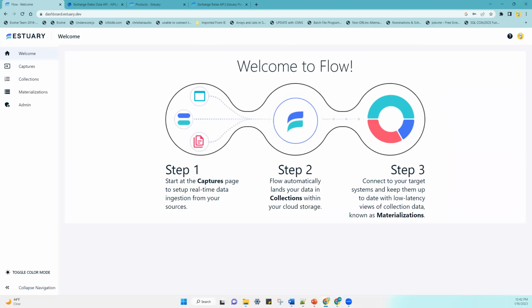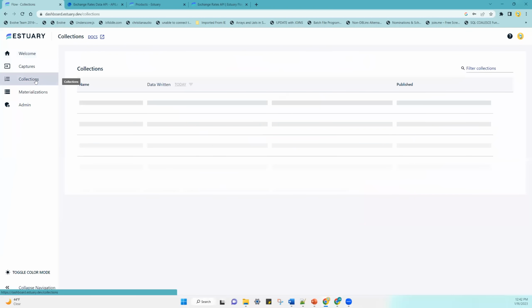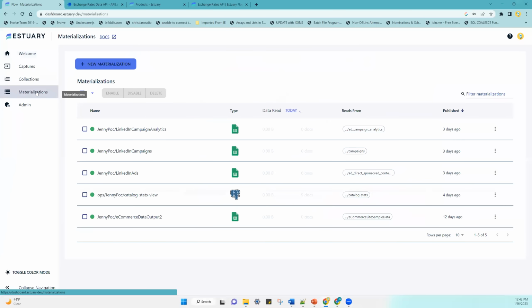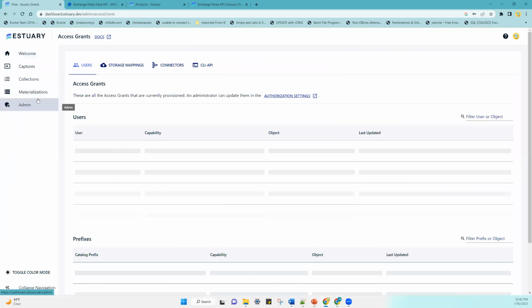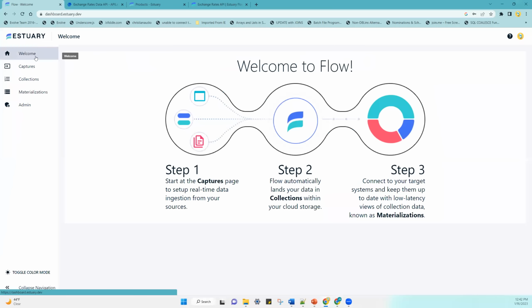What you see here is the Flow web app. As you see on the menu on the left, underneath the welcome option, which leads you to this welcome page here, you've got captures, collections, materializations, and admin. Now, to put it very simply, you create captures to set up real-time data ingestion from your